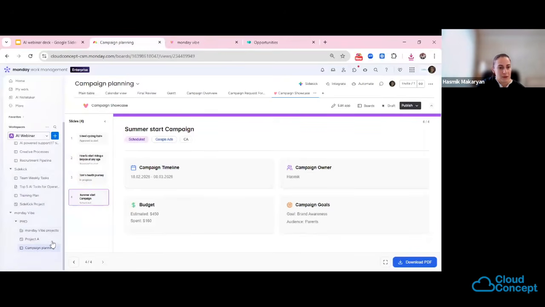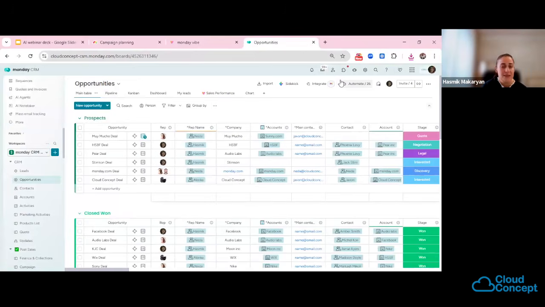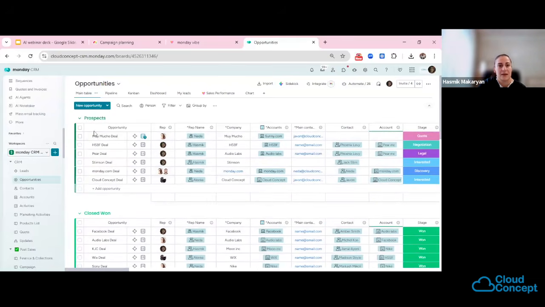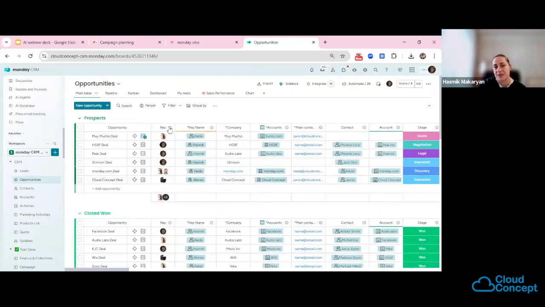One more use case that I want to show you is for our sales teams. And here what we have is a board for tracking all my opportunities. Here you can see we have all our opportunities listed with details like the prospects, closed one and lost. And I have my representatives, so I want to see, for example, as the team lead, the performance of my sales team, who is working on which deals, how many deals we have,